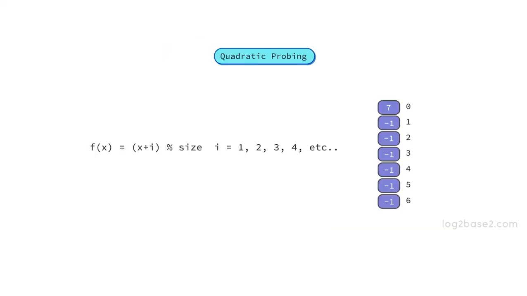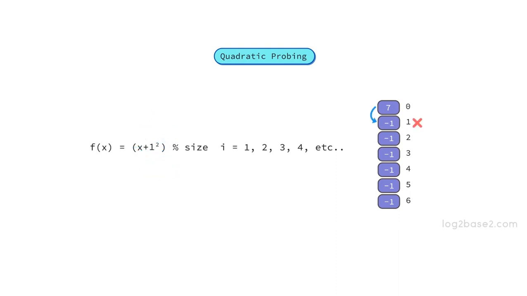In quadratic probing, instead of looking for the next slot, we are looking for the next i square slot. That is, if the required index is not available, what did we do in linear probing? We will check the immediate next slot, and if it is also not available, we will check the next slot, like that. But in quadratic probing, if collision occurs, we will check the next slot first, and if it is